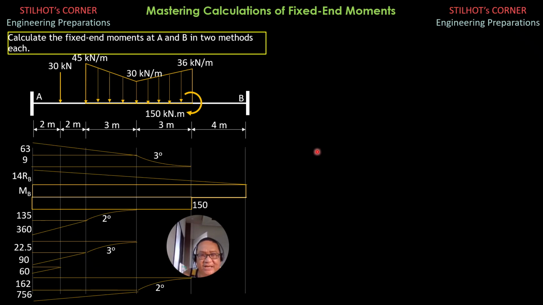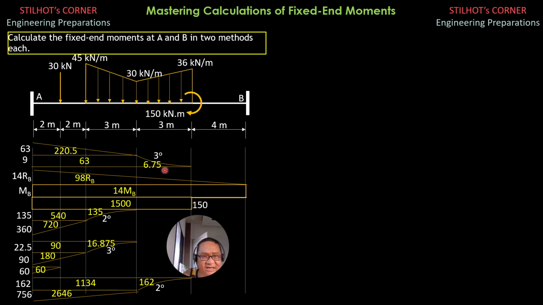So using the area moment concept, EI times the angle between tangents at A and B is 0 because we have to consider the ends to be perfectly fixed. By the way, these are the areas. The figures in yellow are areas to easily calculate the values. So you just verify that these areas are correct.